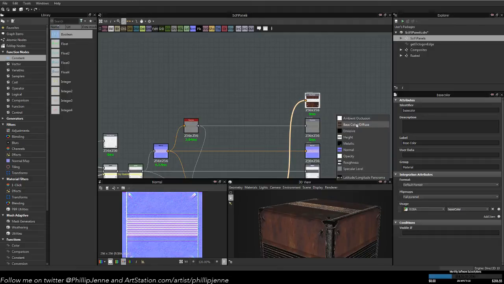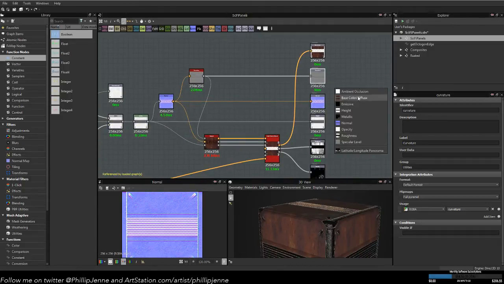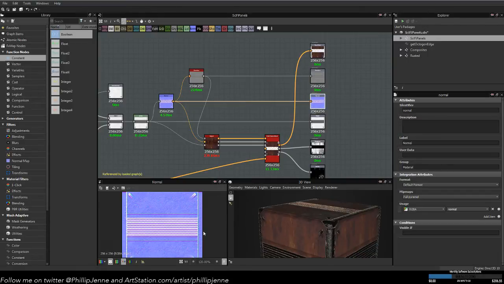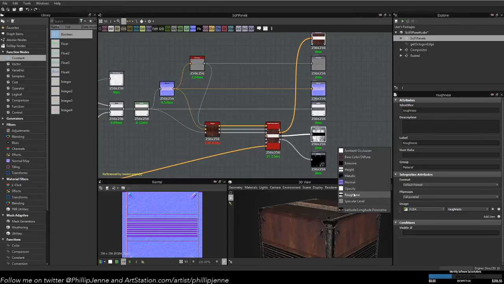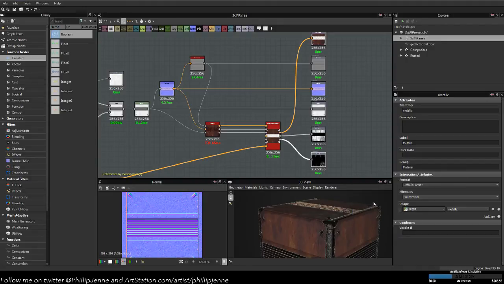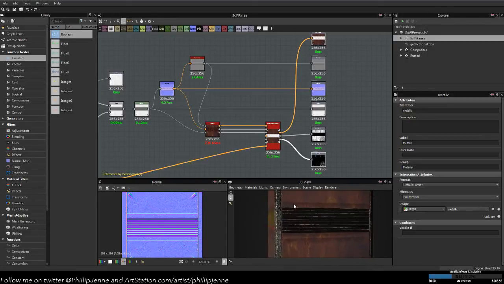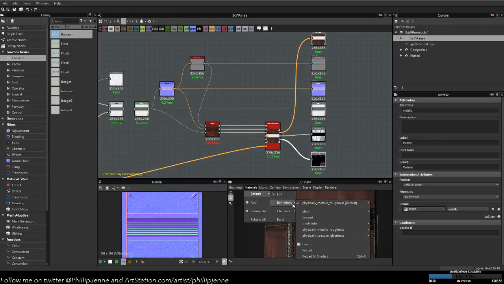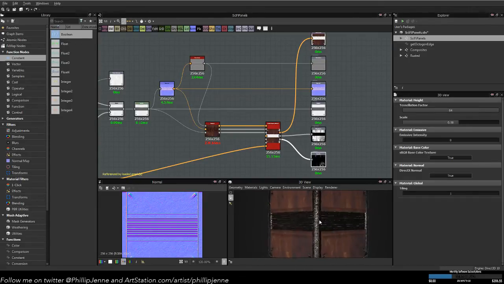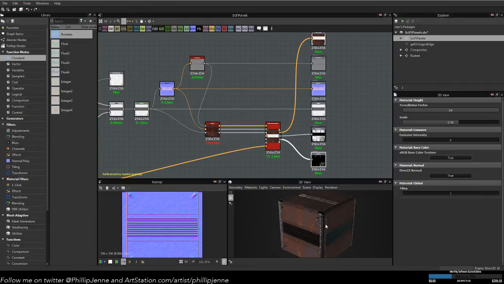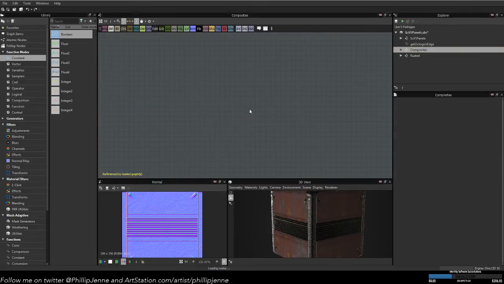So weird. Alright, well, that's that. Let's make some carbon fiber,